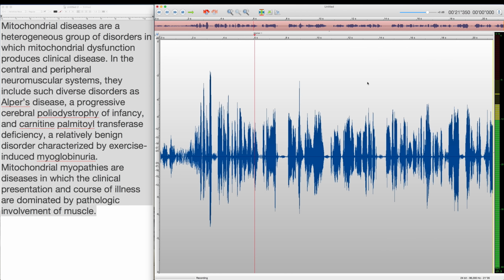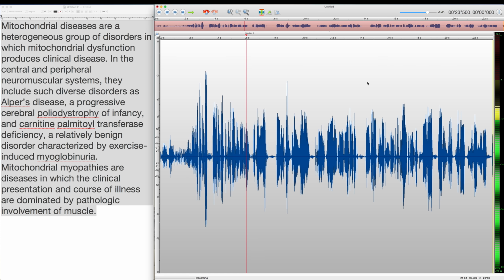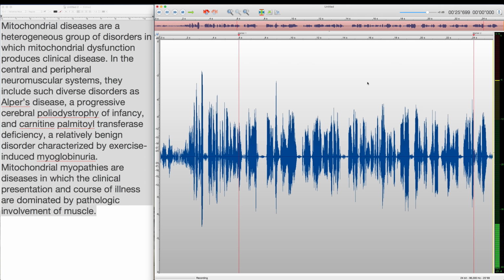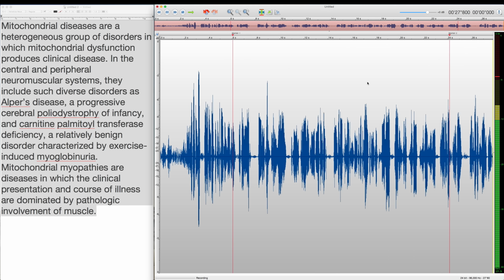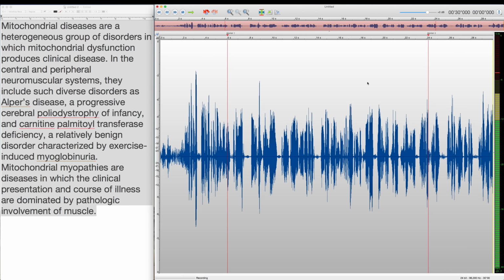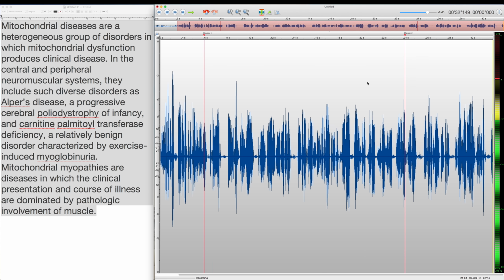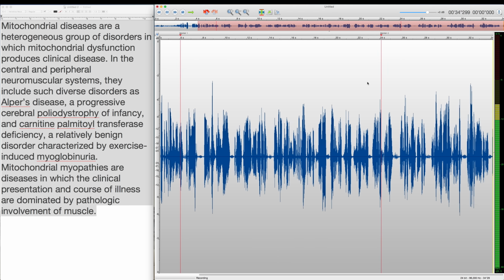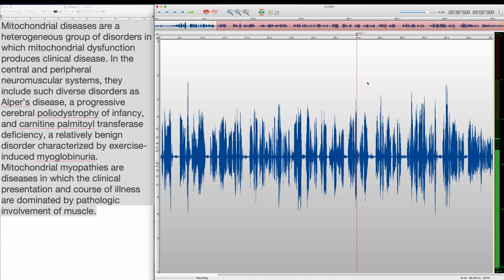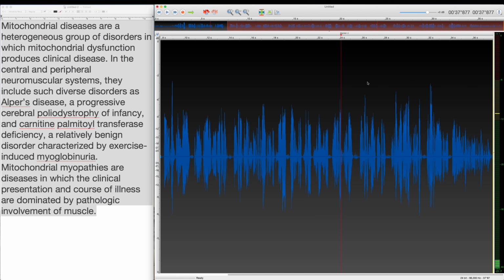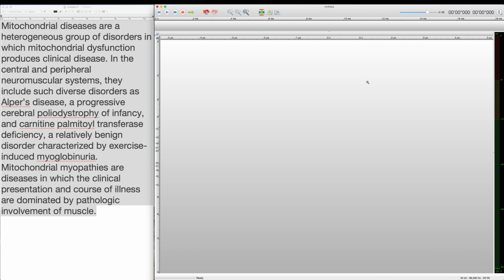There's a technique that some other people use called pre-roll, and I don't do that. I just let it roll and let it roll and let it roll. And when I make a mistake, I hit M and I just back up as far as seems appropriate and then continue. So what I'm going to do is record this script, make some mistakes along the way probably, and then I'll show you my editing process to take this project to completion. So we'll delete all of this stuff and start fresh.